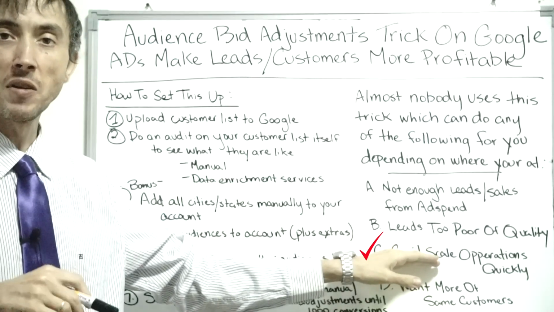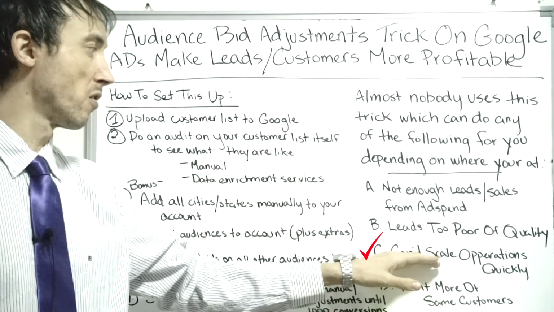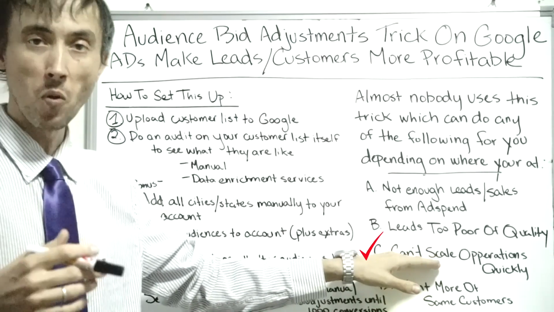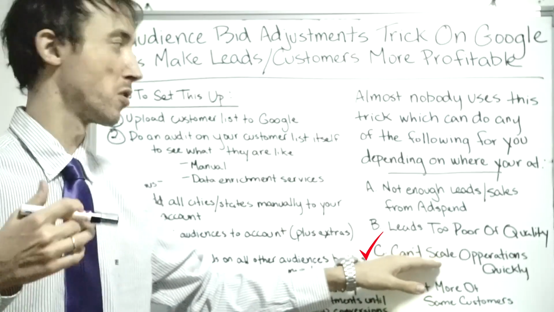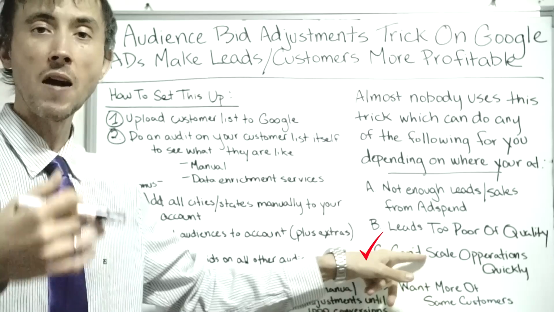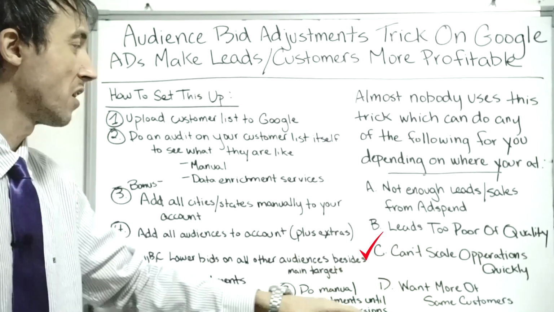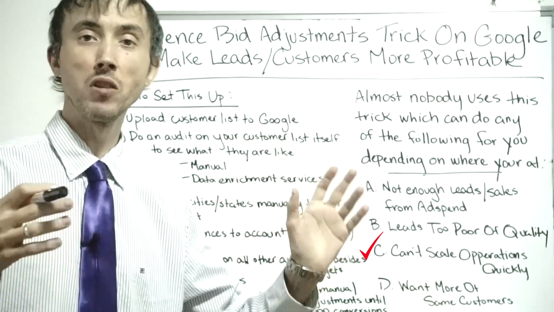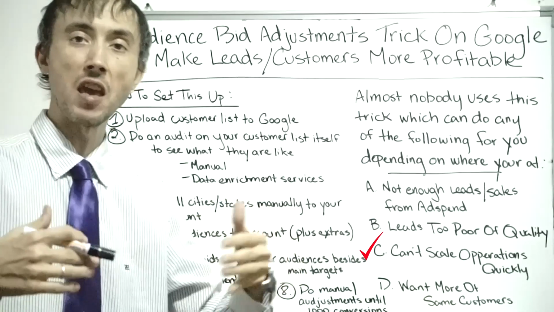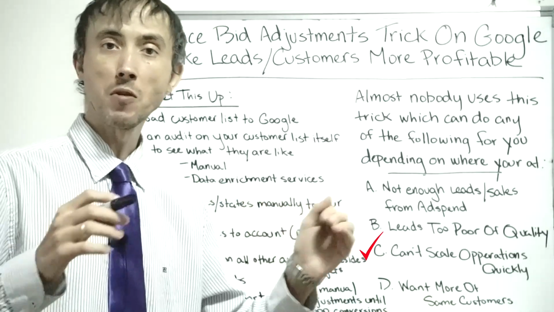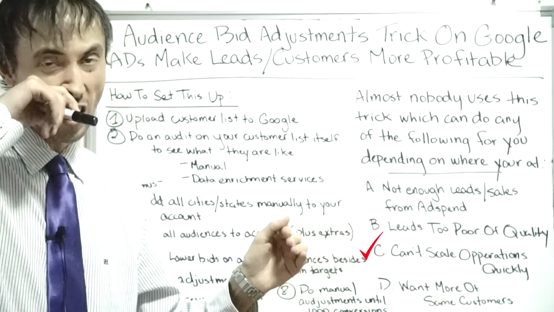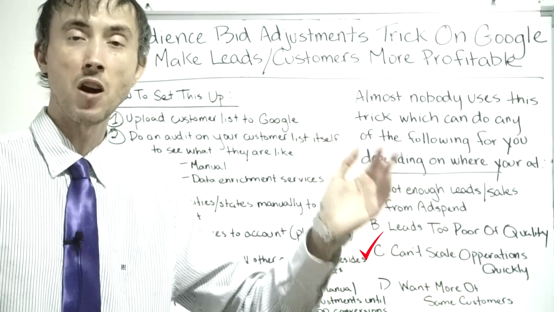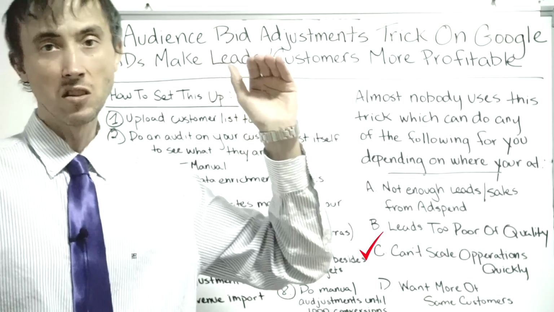So if your limitation is getting the work done, getting the product out, this will put you in position to get more out of a customer than you had before, or more importantly, that you'll be able to charge the customers more money. So you can get more profit per customer that you can actually process. And then finally, for you guys who are profitable, you like Google Ads, but you just want more of it, you can't scale your account, you want to pay the same cost per customer or cost per lead that you're paying now and get more, but you can't get more, this will get you more leads and sales at your same cost per lead, same cost per sale that you have now, so that you can scale your ad account.